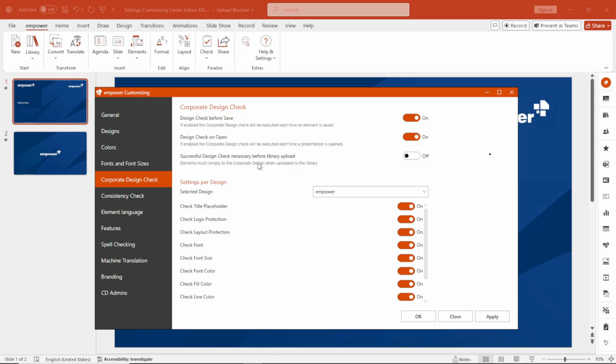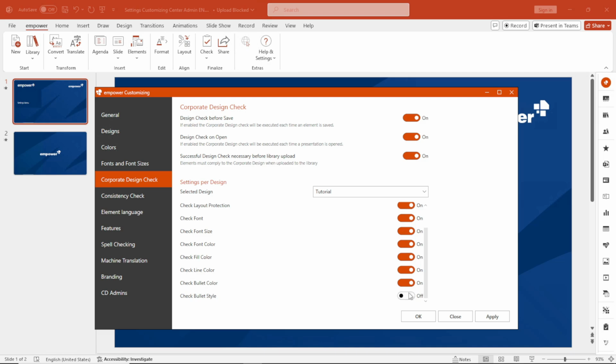The next option determines that elements can only be uploaded if they comply to the corporate design. In addition, you can use the toggle buttons to set which of the following parameters the design check should generally check for each design: title placeholder, logo protection, layout protection, font, font size, font color, fill color, line color,